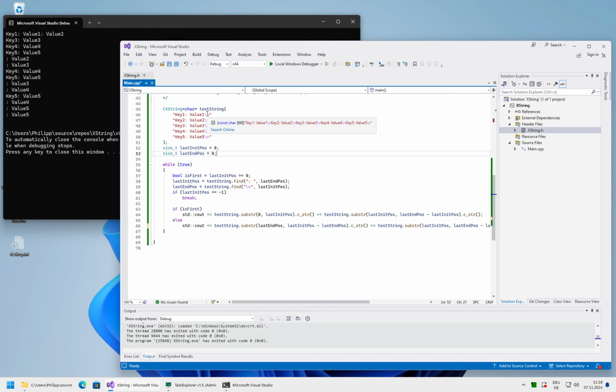If you want to print the key, now you need to save a few values before. That's the problem, because once you searched for it, you have the offset of double point and the offset of \n. But if you want to print the key belonging to it, then you would need to have saved the old value of end pos. You would need a previous end pos to do that.